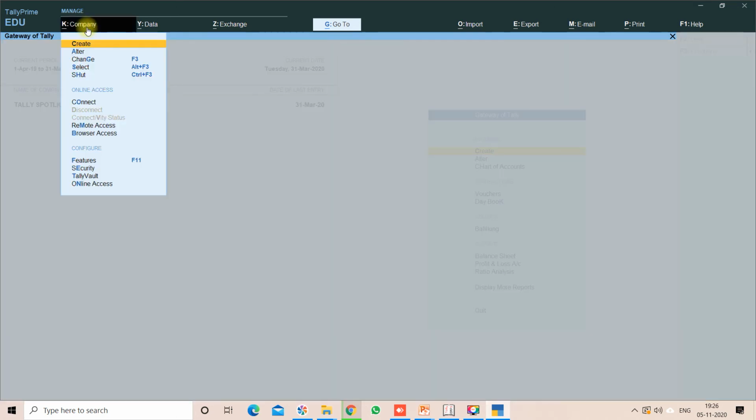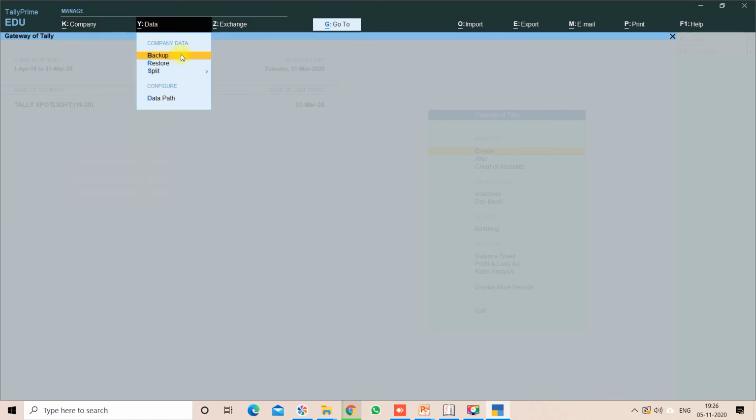In the top menu, under Manage, click on Company. The list of options is there. If you want to create a new company, modify an existing company, change the company, select a company, or set the company, you can use this single screen itself. The top menu is the standard menu, which you can access everywhere across the Tally Prime application. Company related configuration and online actions, you can see on this screen.